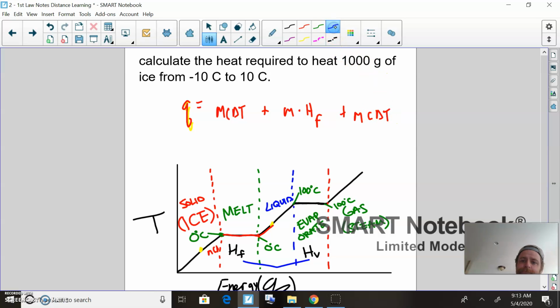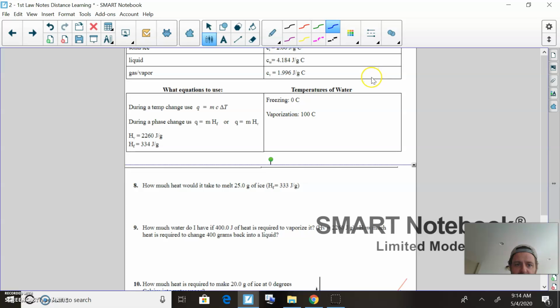for H2O, okay? Now when you do this, you have to know where you're at. You have to know that Q here, it's 1,000 grams, and it's going to be absorbing, so it's going to be positive. The specific heat of ice, so this is the ice, this is the phase change, and then this is the water. All right, so let's go back to figure out, well, actually I know it's on the next slide. The specific heat of ice,